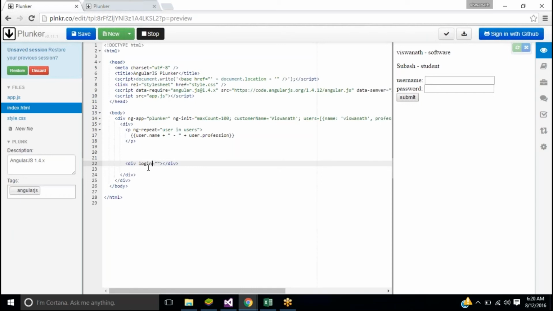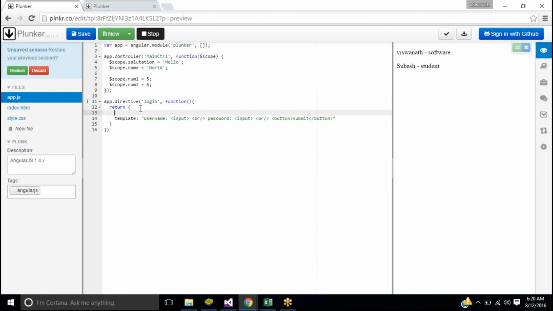Or you can use a class name. Class is class and say login. It doesn't work. Generally it should work, but maybe it's restricted. So we can restrict actually. When we are creating this, we can restrict it.